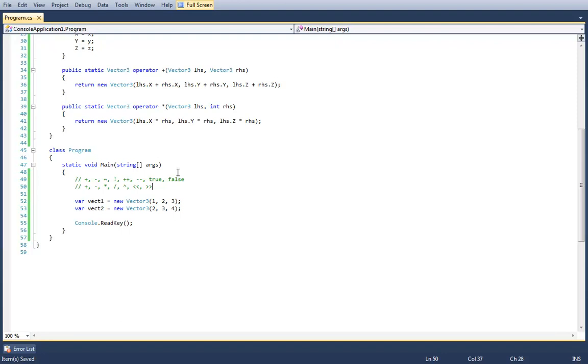I'm just trying to think whether it would make any sense to also overload the and and or. Ah, conditional operators. You can overload equals, not equals, less than, greater than, greater than or equals, less than or equals. We'll talk about that in a second, because the conditional operators have some rules.